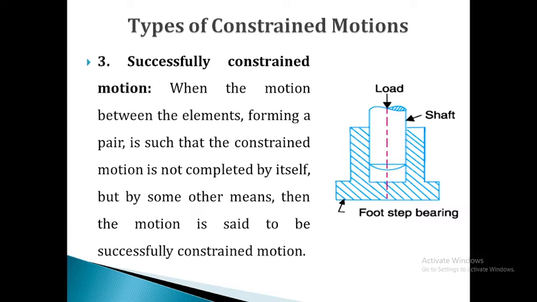Now, third, successfully constrained motion. When the motion between the elements forming a pair is such that the constrained motion is not completed by itself but by some other means, then the motion is said to be successfully constrained motion. अगर हम किसी लिंक का मोशन एक्सटर्नल फोर्स को अप्लाई करके कंप्लीटली कंस्ट्रेंड मोशन में कन्वर्ट कर सकें तो ऐसे लिंक के मोशन को सक्सेसफुली कंस्ट्रेंड मोशन कहा जाता है। तो इसमें हमें एक्सटर्नल फोर्स की रिक्वायरमेंट होती है, तब आपका जो मोशन होता है लिंक का वो सक्सेसफुली कंस्ट्रेंड मोशन में कन्वर्ट हो जाता है।